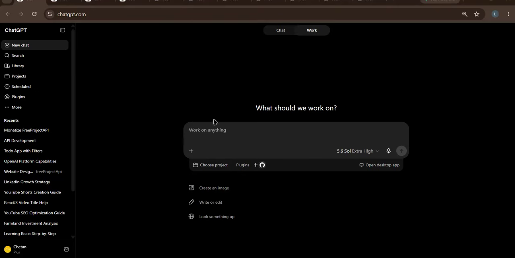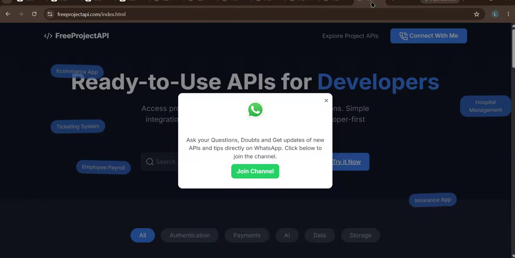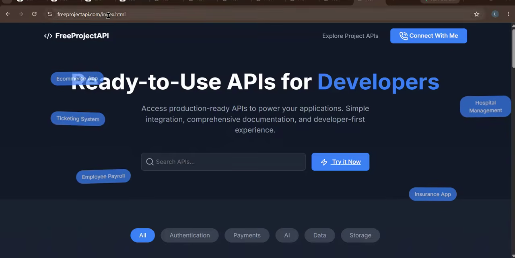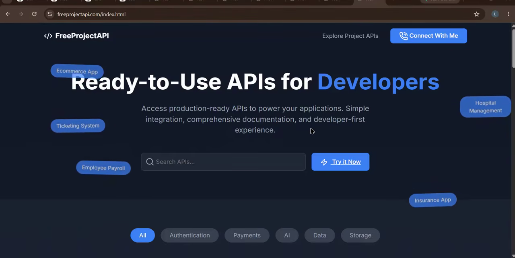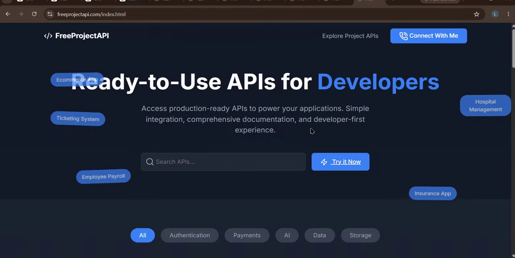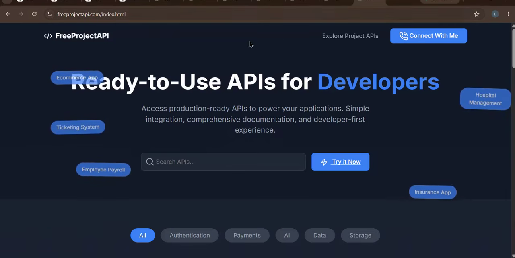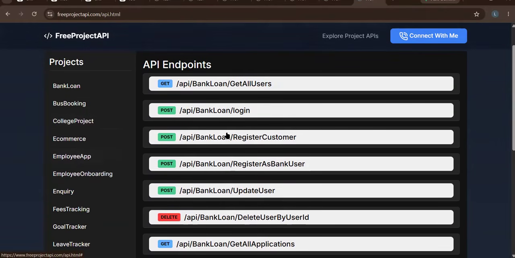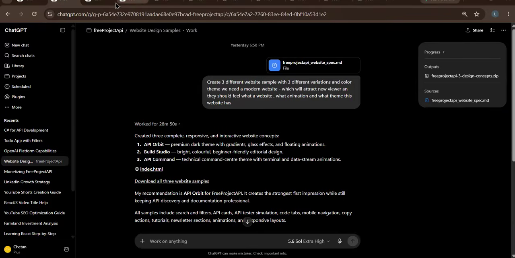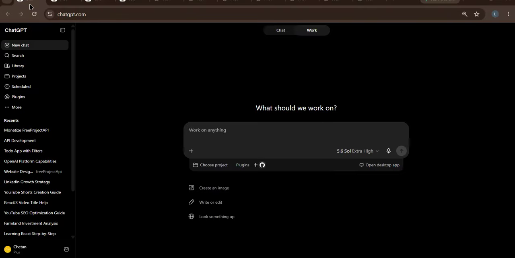Okay. Now the example I will show you. Most of you might be familiar with this free project API. Here I host all the project APIs. Whatever project videos I create, I host that API so that everyone can use it. This is the domain where I have hosting. If you click over here, you can see so many different project APIs which you can use. So I thought, let's revamp this website, right? So what I did,